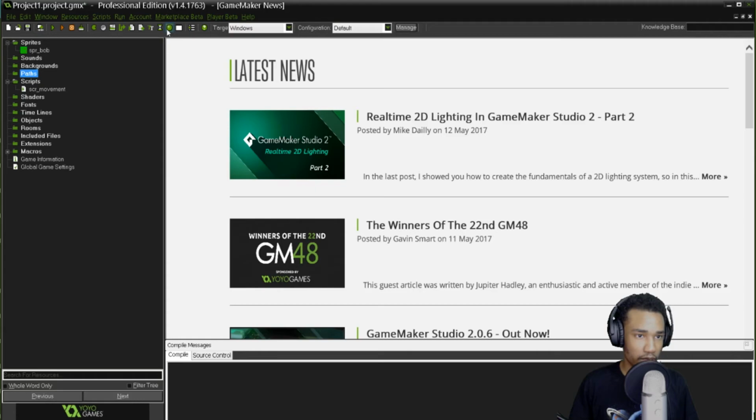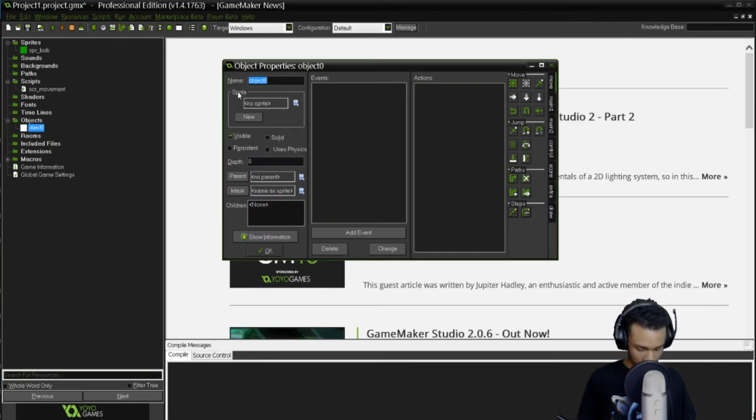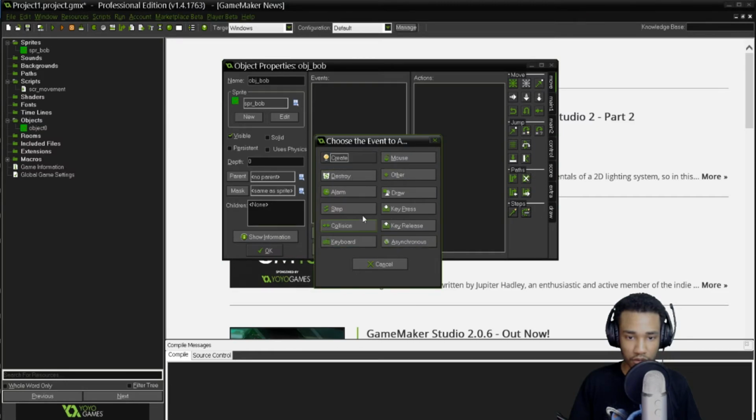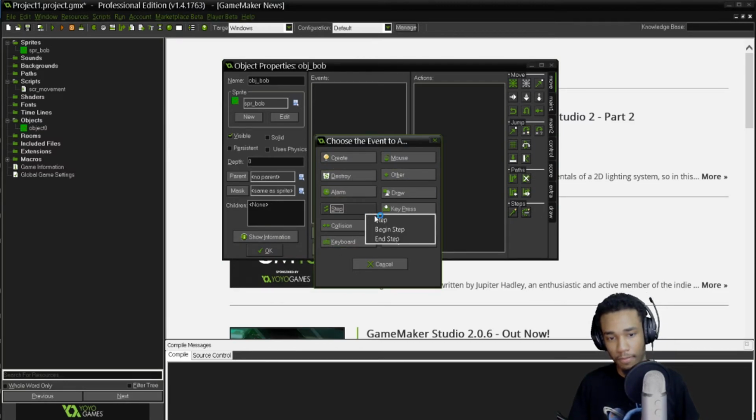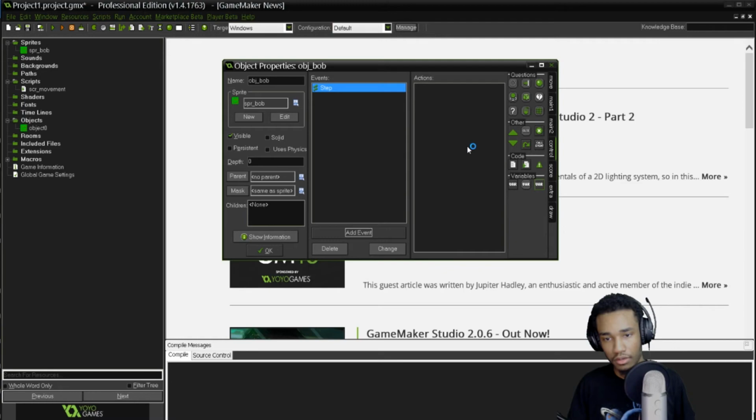Next we're going to want to make an object. Now, whenever I'm doing objects, I just name them with caps. That's just how I do it. You don't have to. A lot of people do. There'll be obj_bob. But for continuity's sake, I'll do underscore bob. So here's Bob, our sprite, SPR bob, and you want to add an event. You're going to want to add a step event. Throw that right in there. Throw in the code,